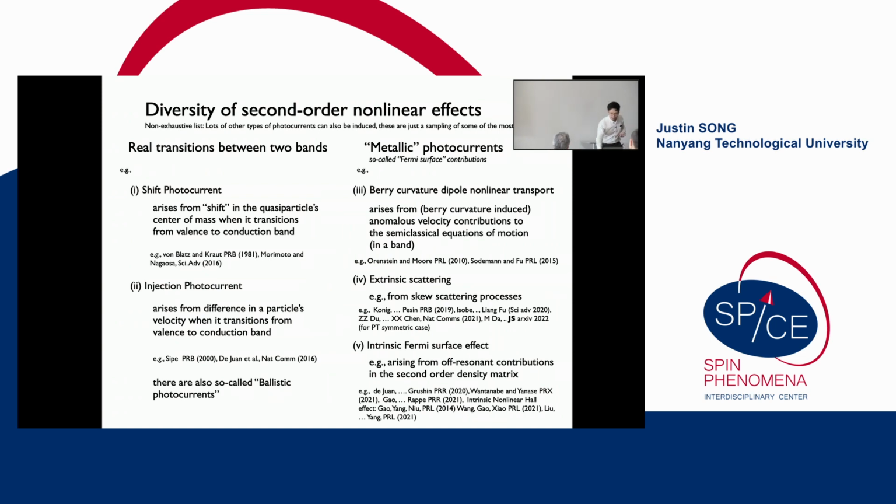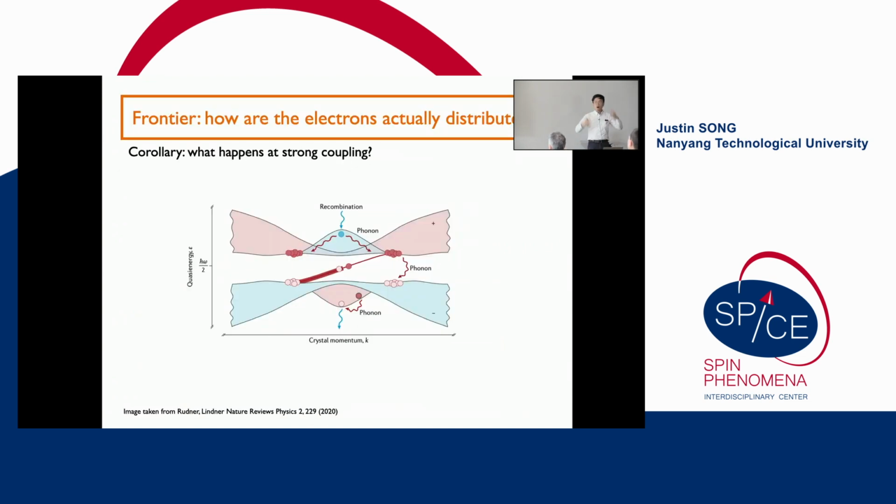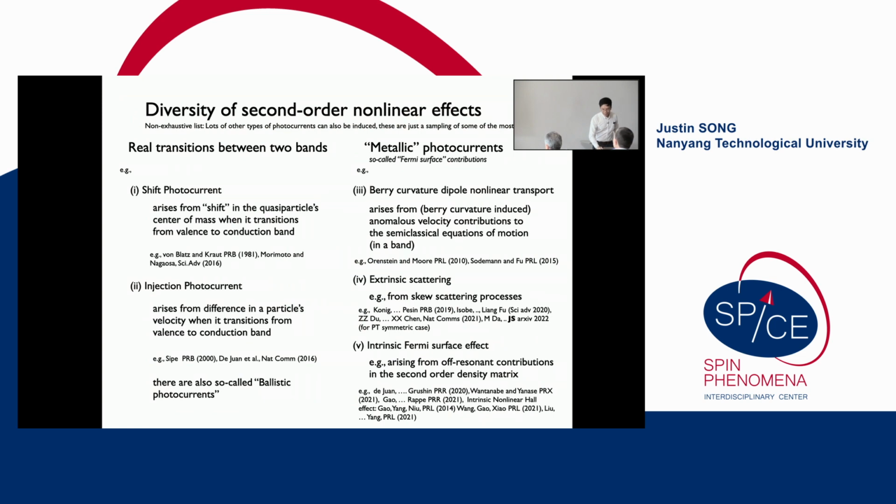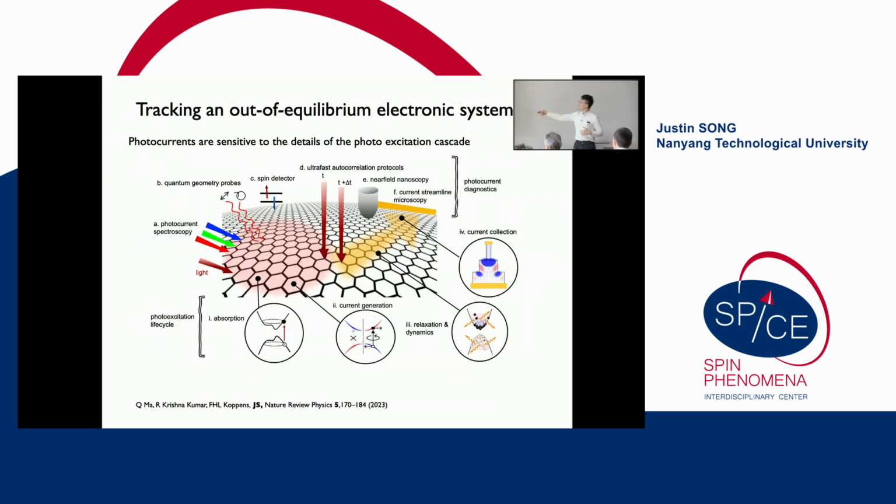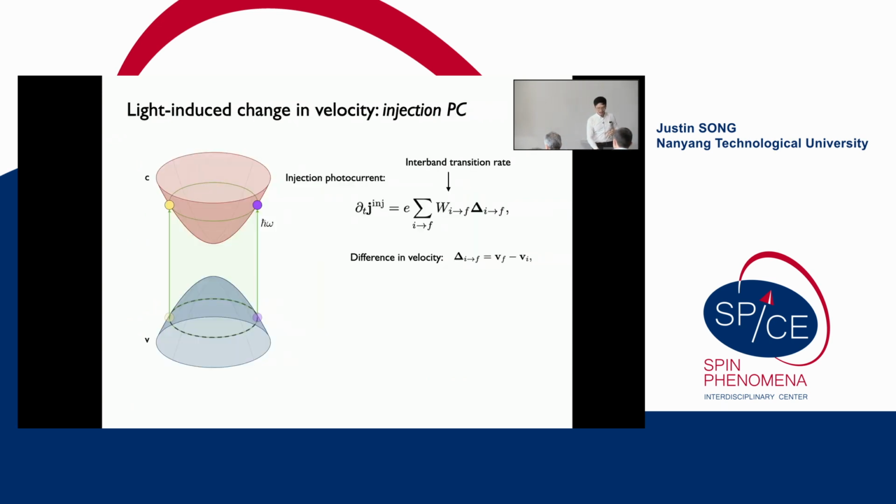I'll just move along. But one big frontier is what happens at strong coupling, and how the electrons are actually distributed. All these things I just told you about, we're basically just looking at how the density matrices change upon excitation. We didn't really care about stuff after that. We didn't care about how the phonons would relax the distribution function downwards. There was no discussion of any of that,